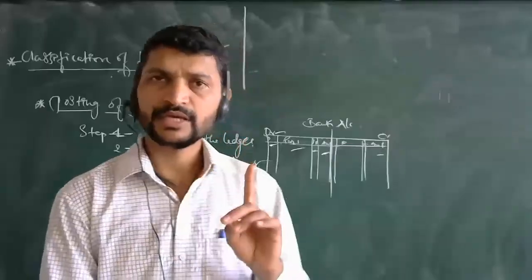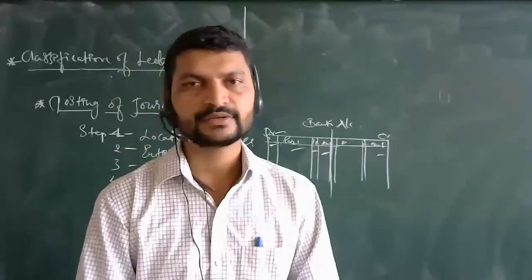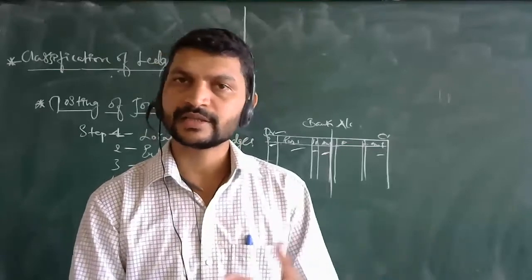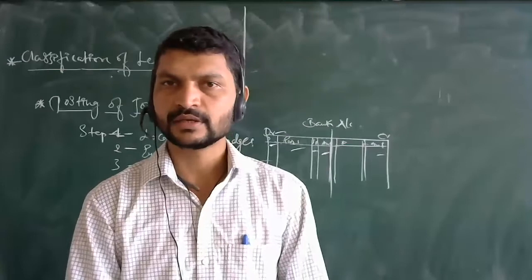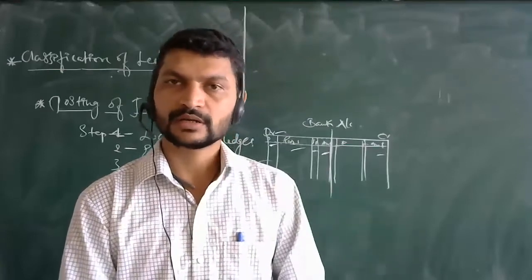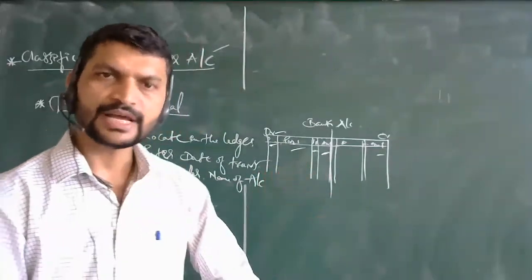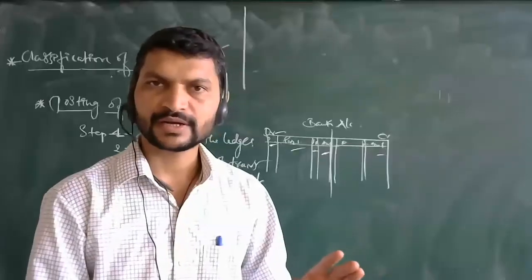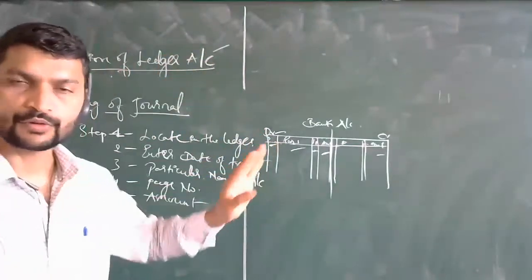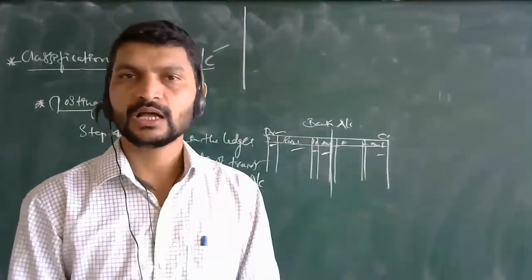Just like we did with the rules of debit and credit, there also we solved where the amount will be debited, where it will be credited. In the equation also we have solved these things. Accounting equation also we have seen. With that, journal entries are also passed. Now the ledger entries for the same problem we are going to make over here. So already we know where the transaction will be affected. Now the same we are going to open here, the ledger accounts individually for them, and then we are going to post the accounts over here.